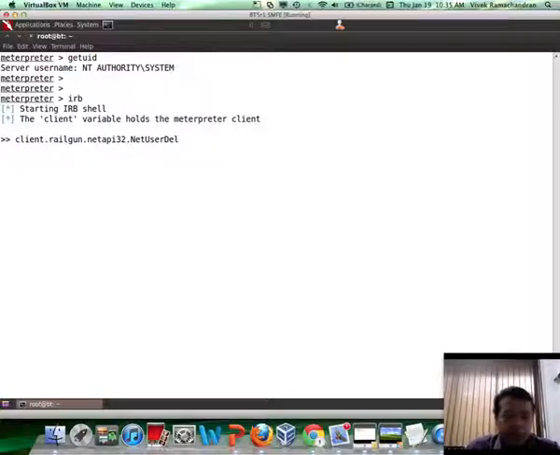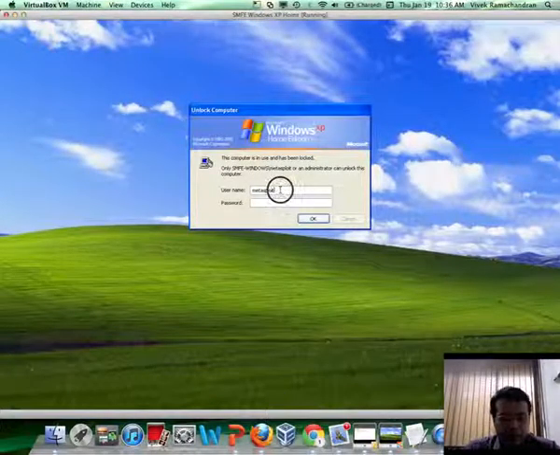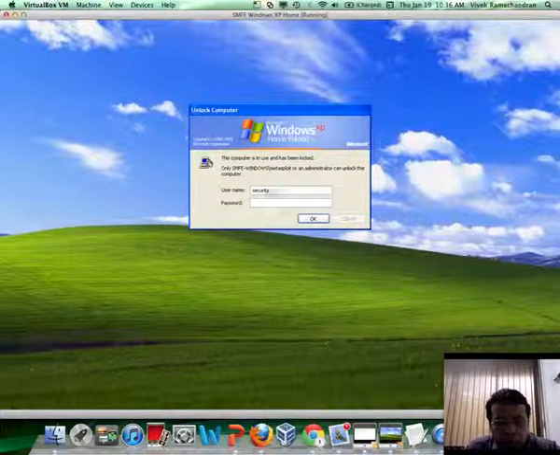Now, in order to pass null in the case of Railgun, we're just going to pass nil. After that, we need to mention the specific user account we want to delete on this system. So here's what I'm going to do. Let me log in as a different user first. SecurityTube. Hopefully I remember,